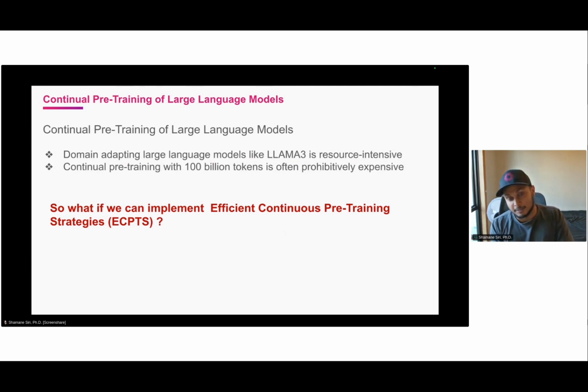Although we know there are methods like parameter efficient tuning, if you really want to go with something like continual pre-training, that means you want to extend its knowledge with your own dataset. That could still be a bigger problem, and still expensive. For example, for a model like Mixtral or a model like Llama 3 70 billion, if you want continual pre-training on 100 billion tokens, it would still take a considerable amount of time as well as money. So then we thought, what about this concept called efficient continual pre-training,